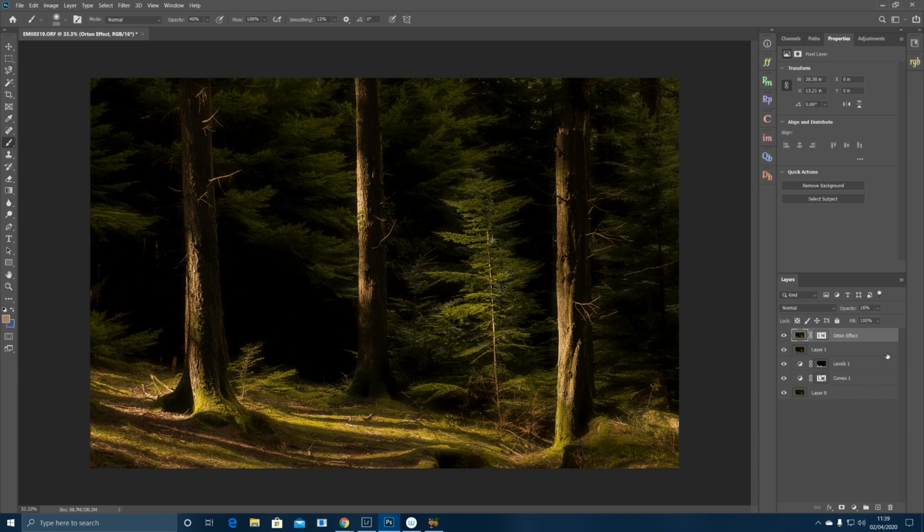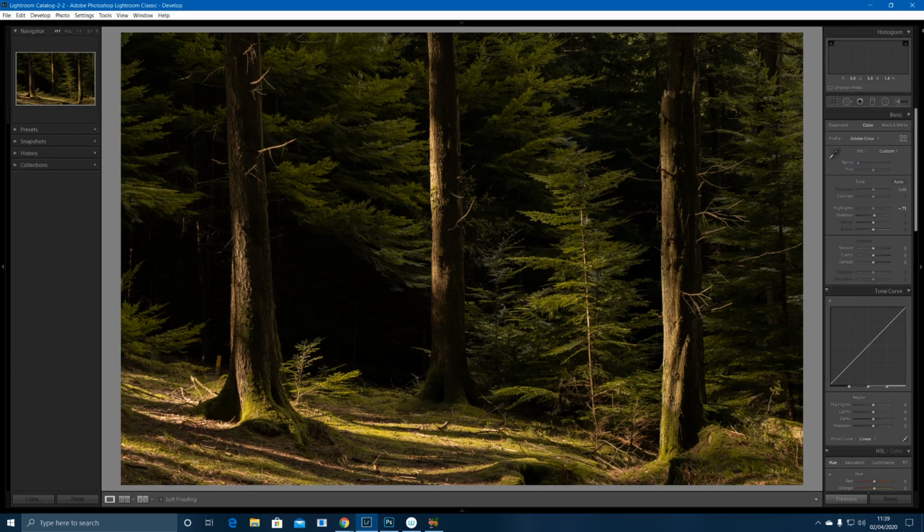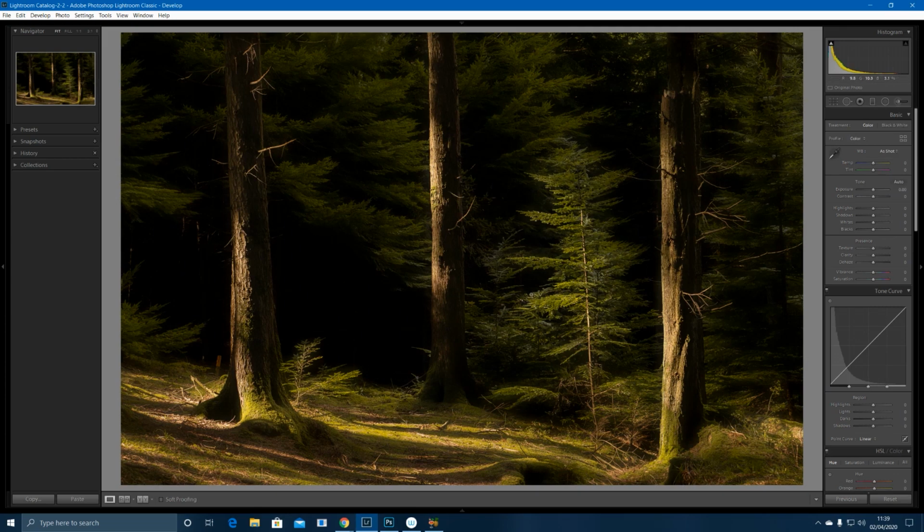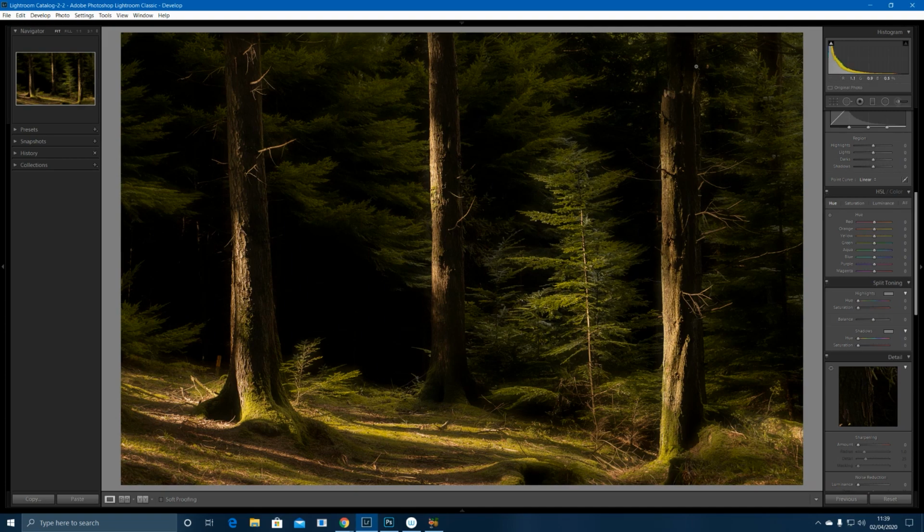Okay, and yeah, that's my Photoshop edits done. So if I hit Control S or Command S, save that, and when I save it, it automatically brings it back into Lightroom. So here we are. The last couple of things I'm going to do is I'm going to go back down to my HSL sliders, and I'm going to once again,